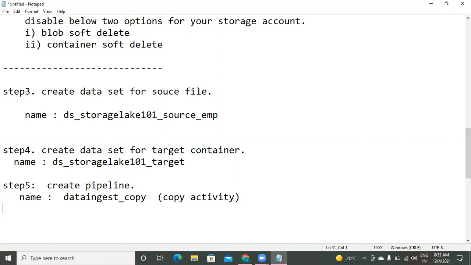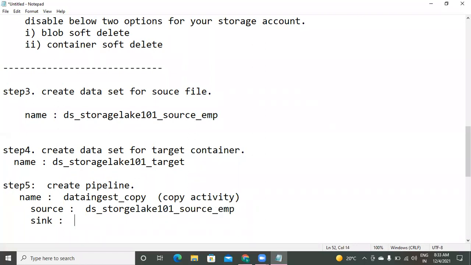You have to configure two things. One is source, the second one is sink. In the place of source, what have you given? DS underscore storage lake 101 underscore source underscore EMP.